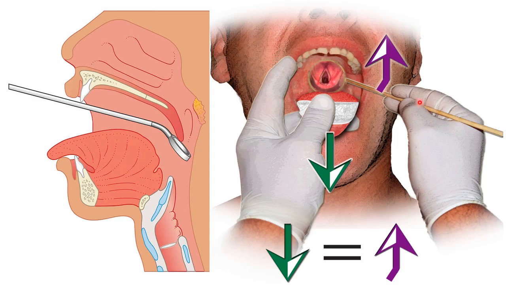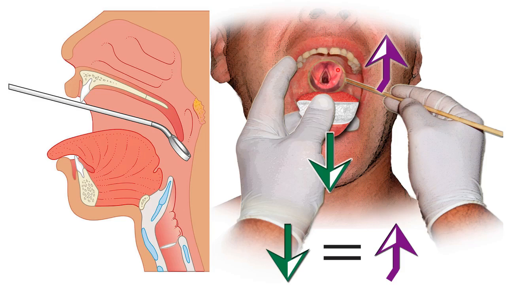The mirror is introduced facing downwards till the back and the uvula is lifted, and we can visualize the structures. So the tongue is pulled outward and downward, while the mirror is directed backward and upward. The direction of the mirror is downward, but the introduction of the instrument is in such a way that it is pushing up the uvula.